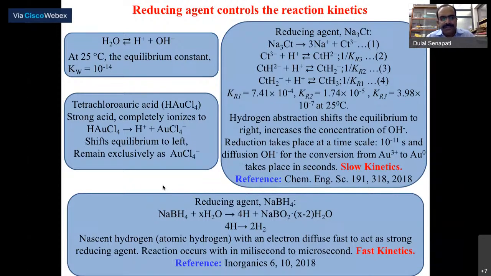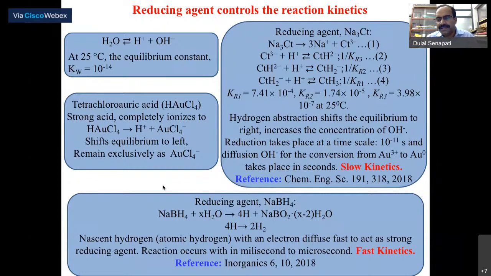It's like you just think about the dissociation of water. How does water dissociate? It dissociates into H+ and OH-. At 25 degrees centigrade, the equilibrium constant Kw is 10 to the minus 14. Now think about